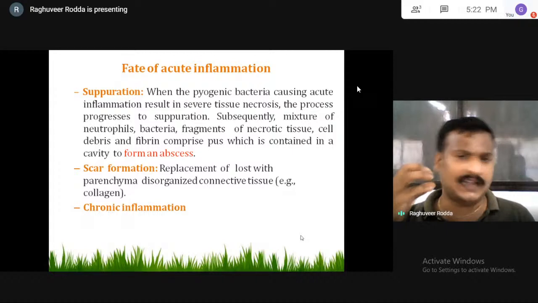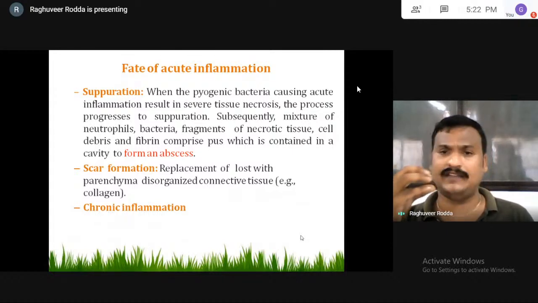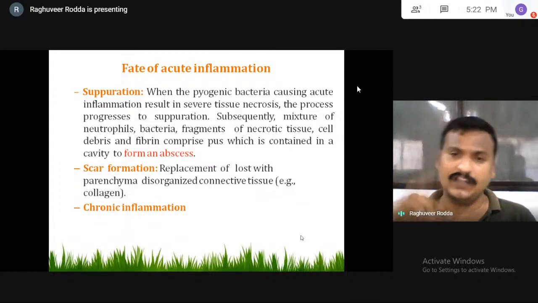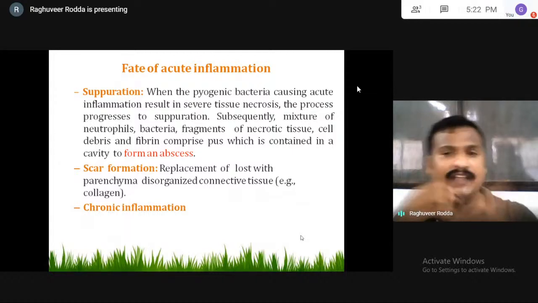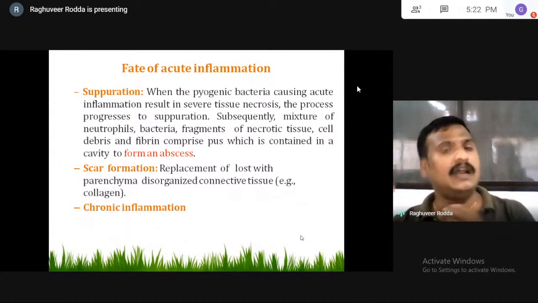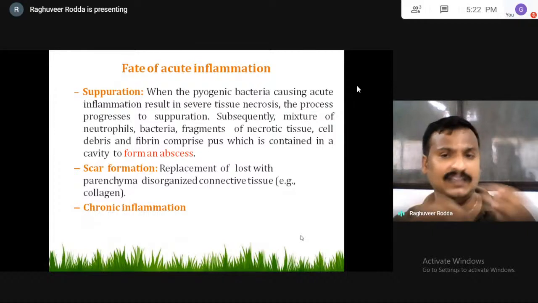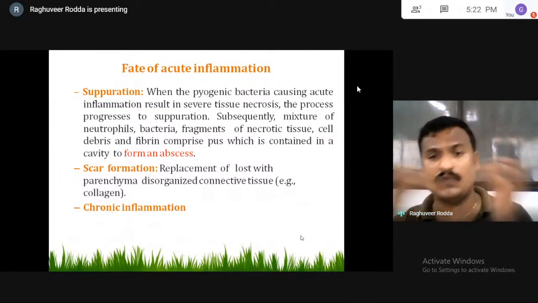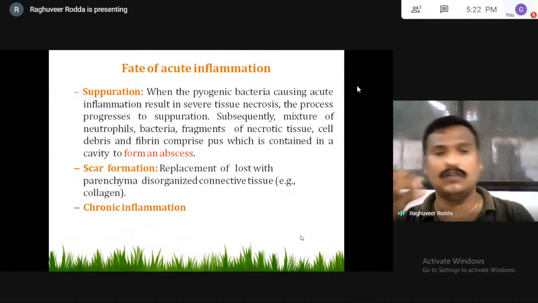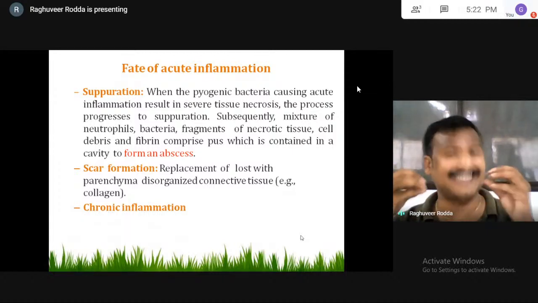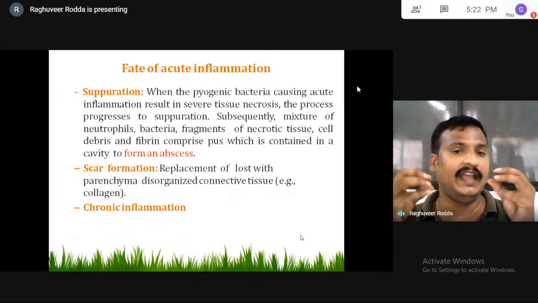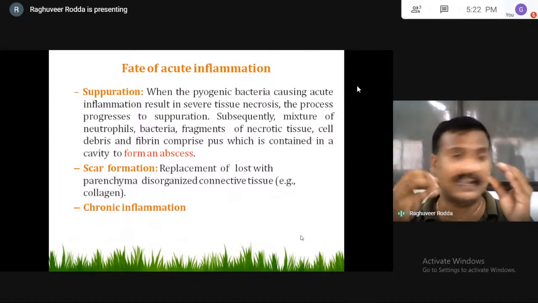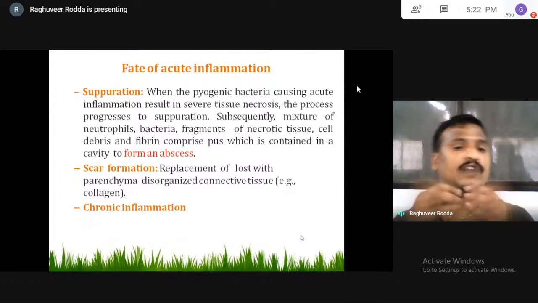What are the contents of the cytoplasmic content of the necrotic cell? The cytoplasmic content of the necrotic cell is present in the form of cell debris. It will be converted by the neutrophil cells, by the bacterial enzymes, or by the various local enzymes. Digestive enzymes will convert it to pus. Finally, it is observed in the form of abscesses. An abscess is a cavity-like structure filled with pus.